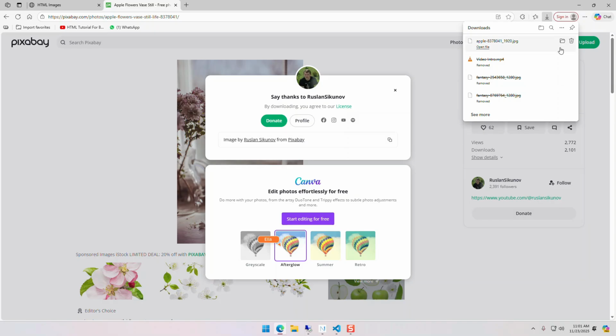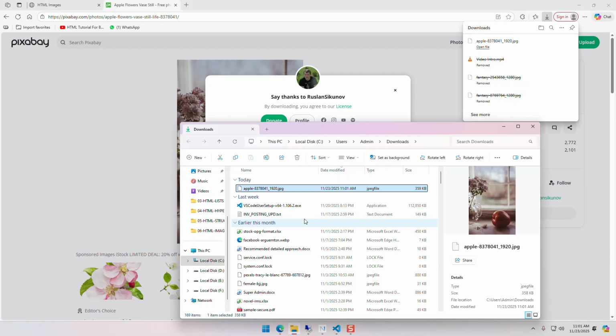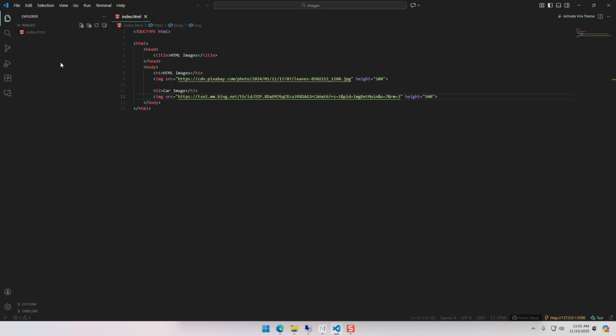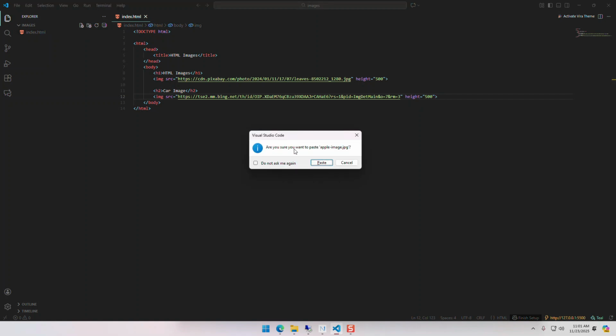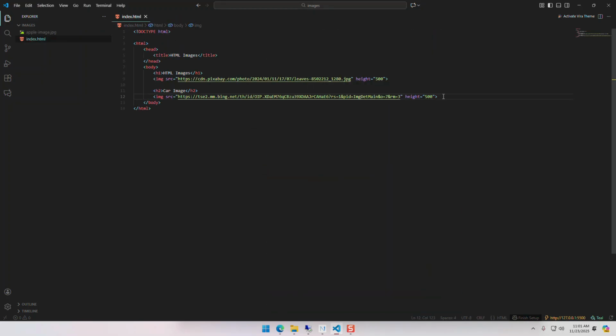It's downloaded. We are going to go to our downloads folder and I'm going to rename it to something where we can use it easily. Something like apple-image, and I'm going to copy it and paste it into VS Code. Select paste. Let's add another h2, apple image,